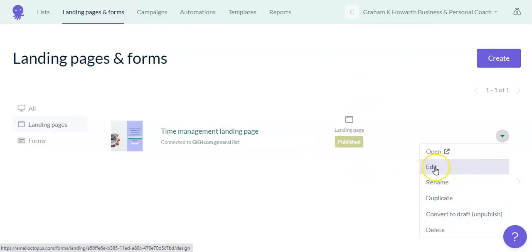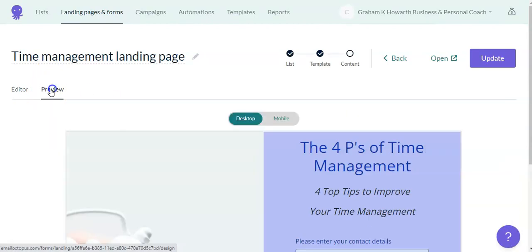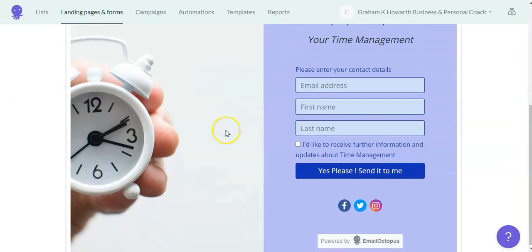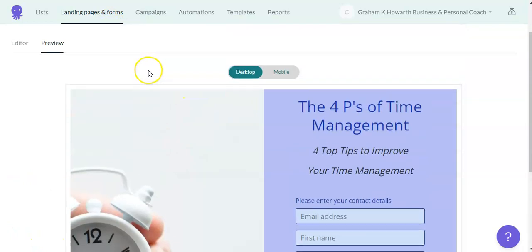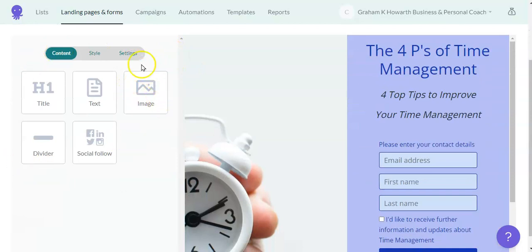So we'll just go to the edit point and we'll look at how it was when we left it last time. So if we go to the preview, here's what the form looked like last time we did some changes to it. Okay, so let's go into the editor, and we're going to be using some of these elements here, and we'll focus on adding those elements to enhance the page even further, so that hopefully visitors are encouraged to share their contact details. So we've got 5 elements here that we can use.